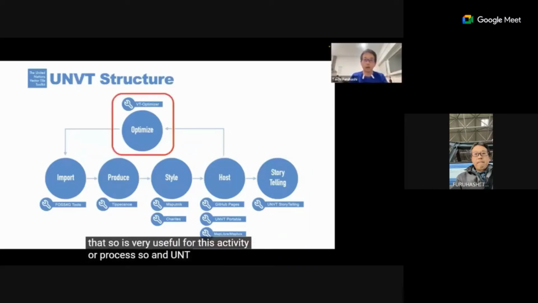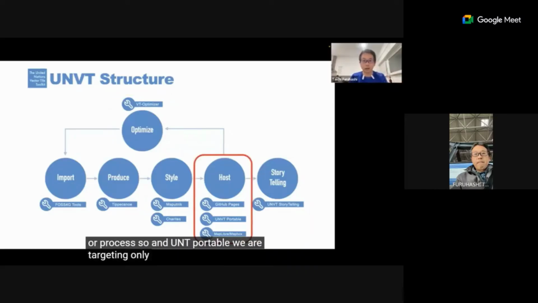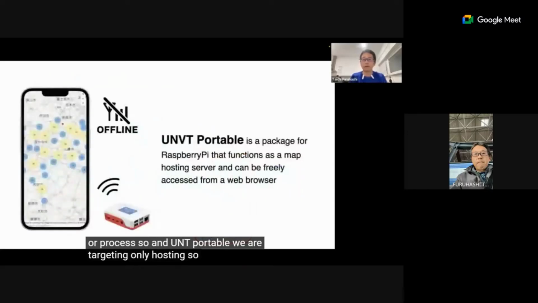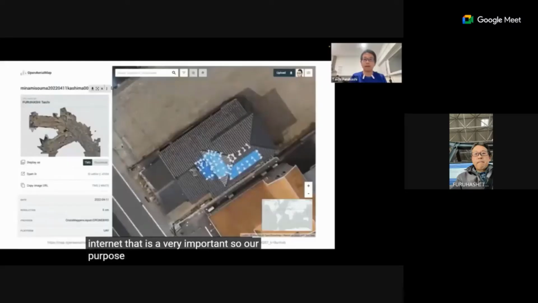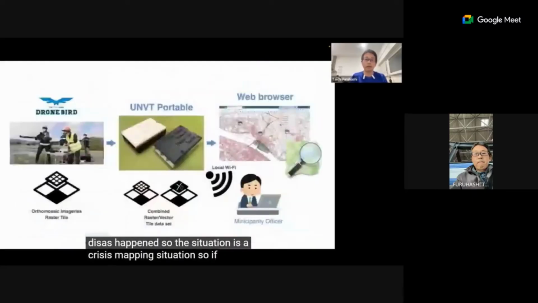And for UNVT Portable, we are targeting only hosting. UNVT Portable can work in an offline situation without internet. That is very important. The purpose is, if a natural disaster happens, a crisis mapping situation, we can immediately get drone imagery and share the data with local people.